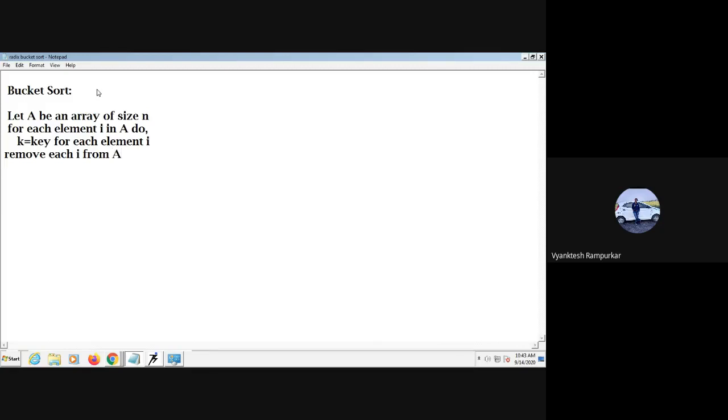Then we insert I at the end of each bucket.